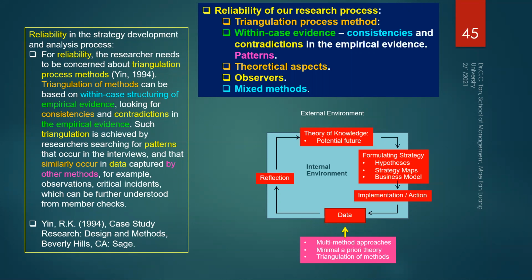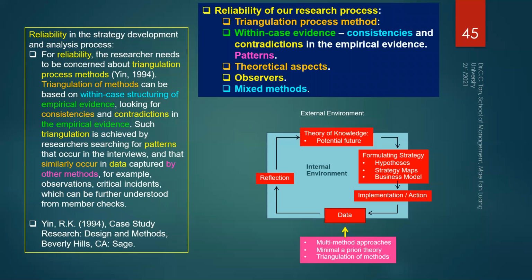So if you want to create validity, we have to look into different theories, the theoretical aspect. For example, if we study this agriculture, can we explain it from this theoretical angle? Can we explain it from another theoretical angle? Can we explain it from the Michael Porter angle? From the resource-based view angle? From the best practice angle? From the competence-based angle?